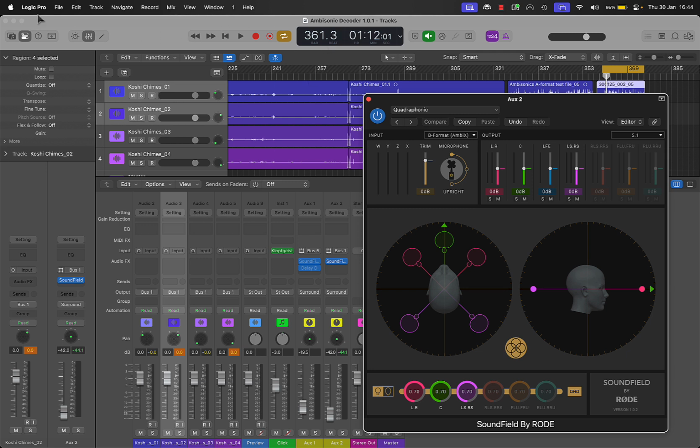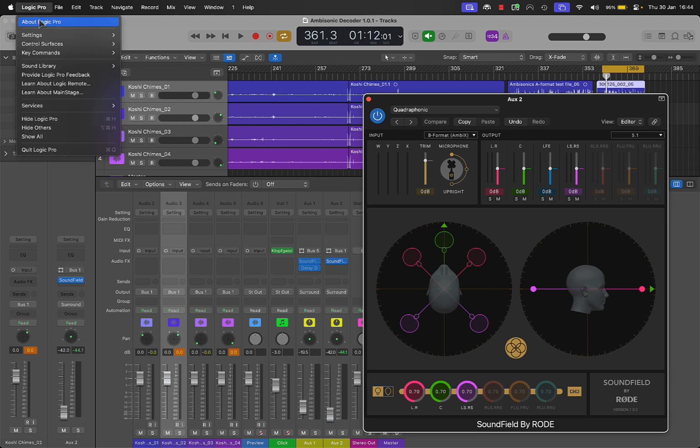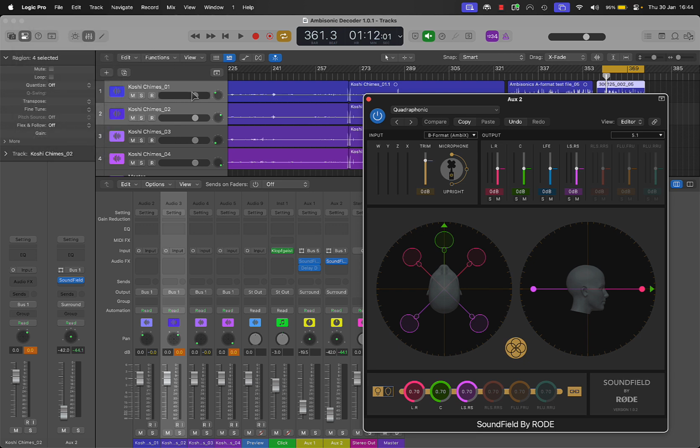I am currently on the latest version of Logic Pro. I've just upgraded to Sequoia to make sure that I have this. And this is the problem I'm having, specifically with Soundfield recordings, ambisonic recordings made with an ambisonic microphone, which is going into this plugin by Rode, which is the Soundfield plugin. What it is expecting is a